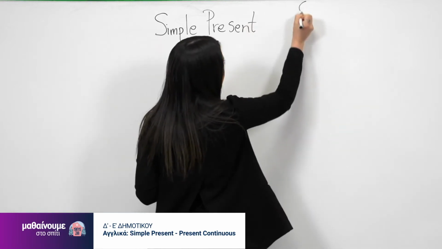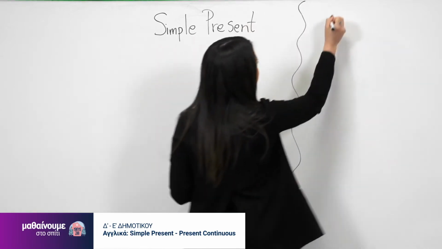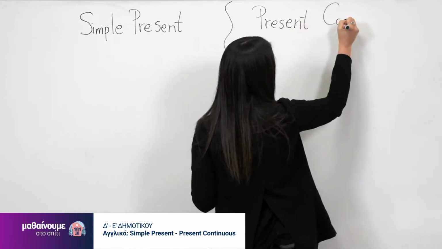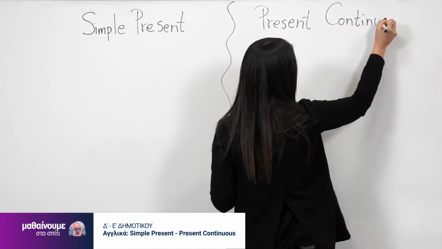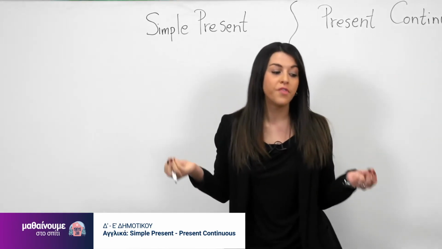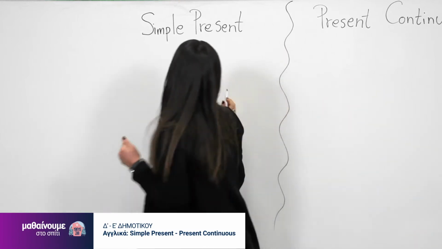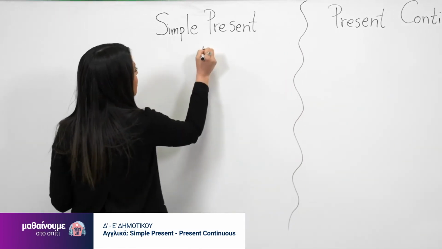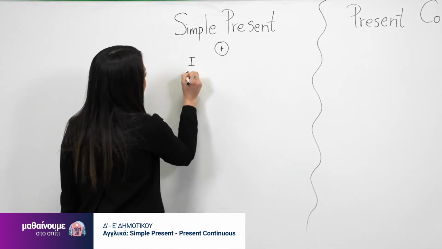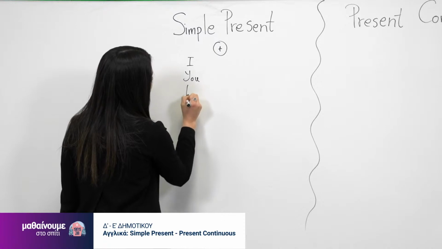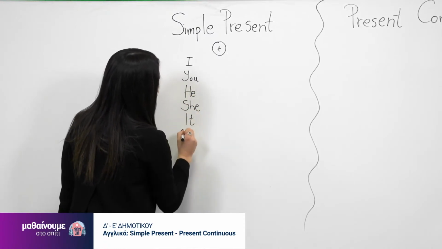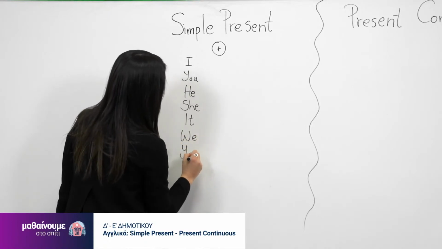Simple present and then present continuous. Okay, so let's start from a basic verb like I play. So, how do we conjugate it in the affirmative? Affirmative is κατάφαση. So let's take all the I, you, he, she, it, and then we have we, you, and